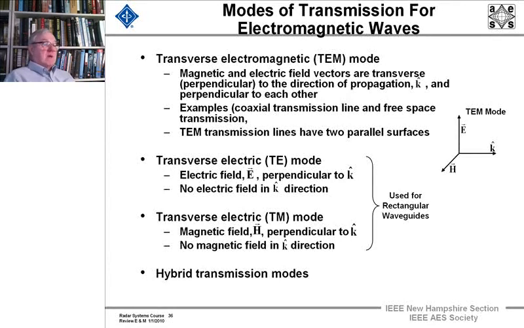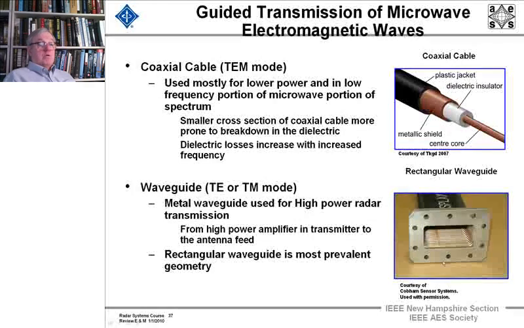The transverse magnetic mode is the same with the roles reversed. And there are hybrid modes. These two modes are the most efficient ones to use in rectangular waveguides, which are usually the mode of choice for transmitting from your transmitter to your antenna,